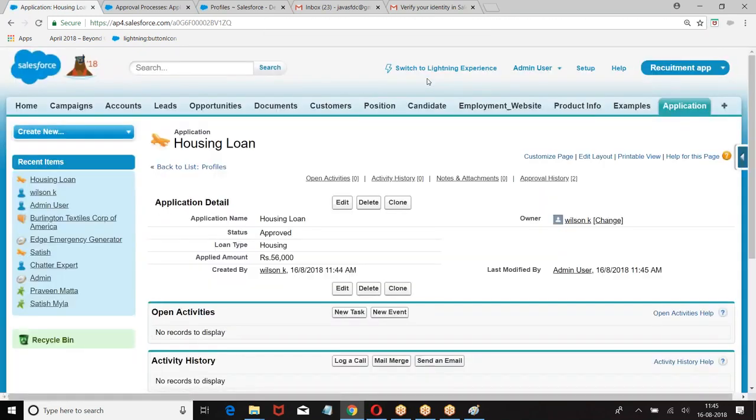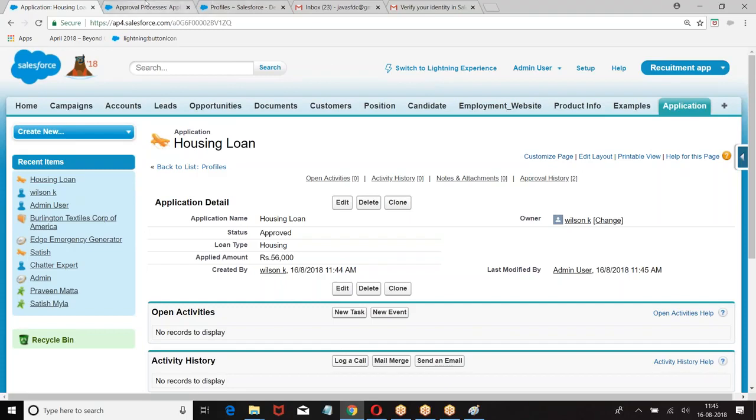I hope you are getting it. When you submit the record, what is the initial action you want me to do? Then what is the step? Step 1: in this step, the record has to go to whom? If the record goes to this person and this person approves, what is the action you need to perform? Reject, what is the action you want to perform? Are you getting these points here? Am I clear with this?